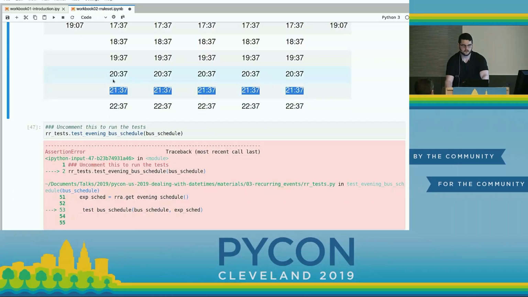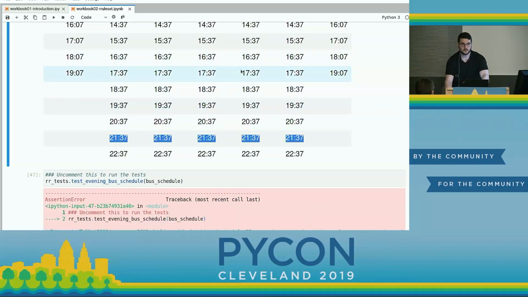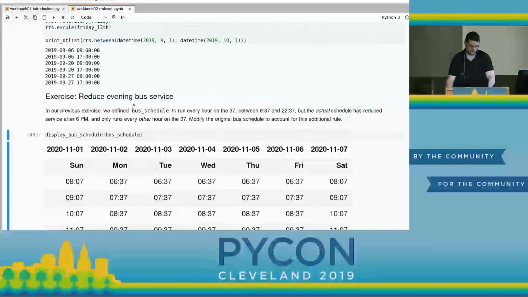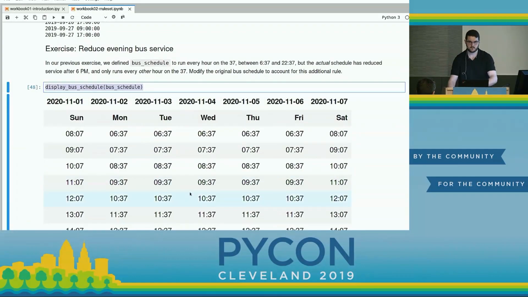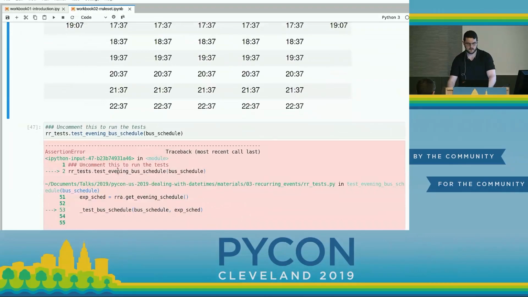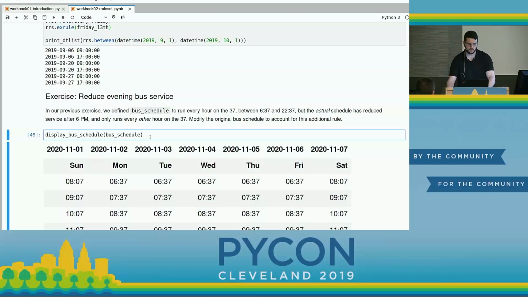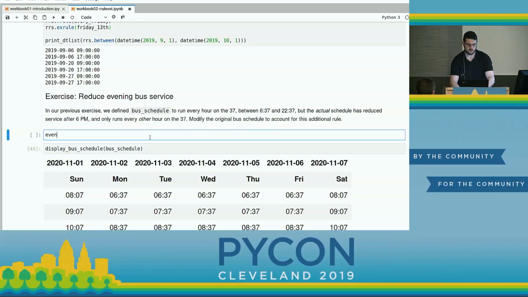That's a rule that can be deleted, so we're going to use XRule for that. Now I need a rule that generates only these occurrences, right? So I'll have evening